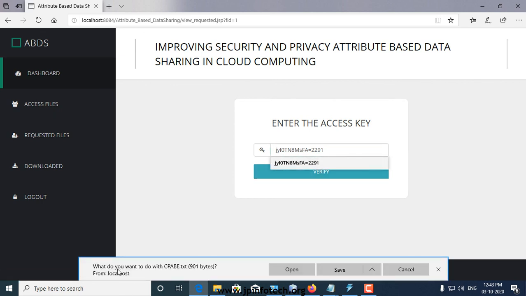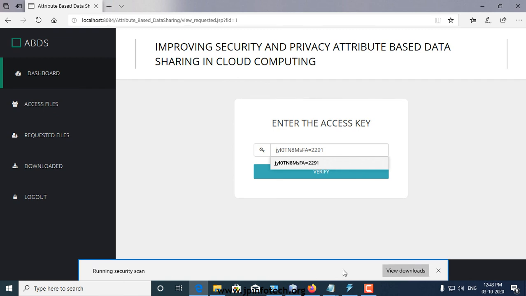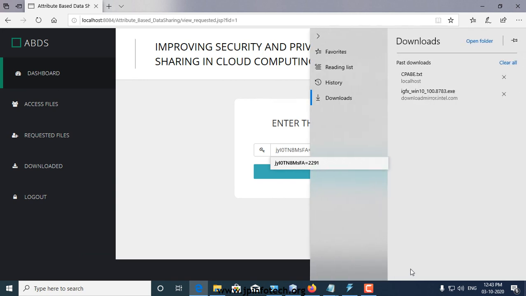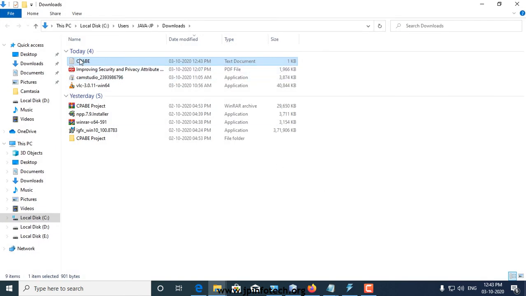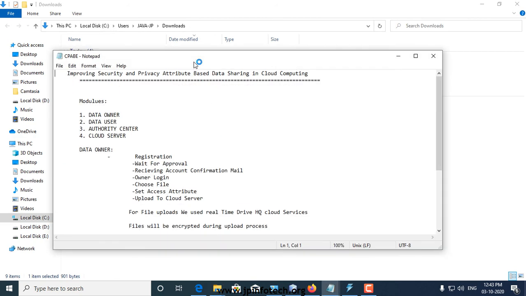See. Save. View downloads. And download. Now that file will be shown in the download page. I click. See, the encrypted file is automatically decrypted into plain text.